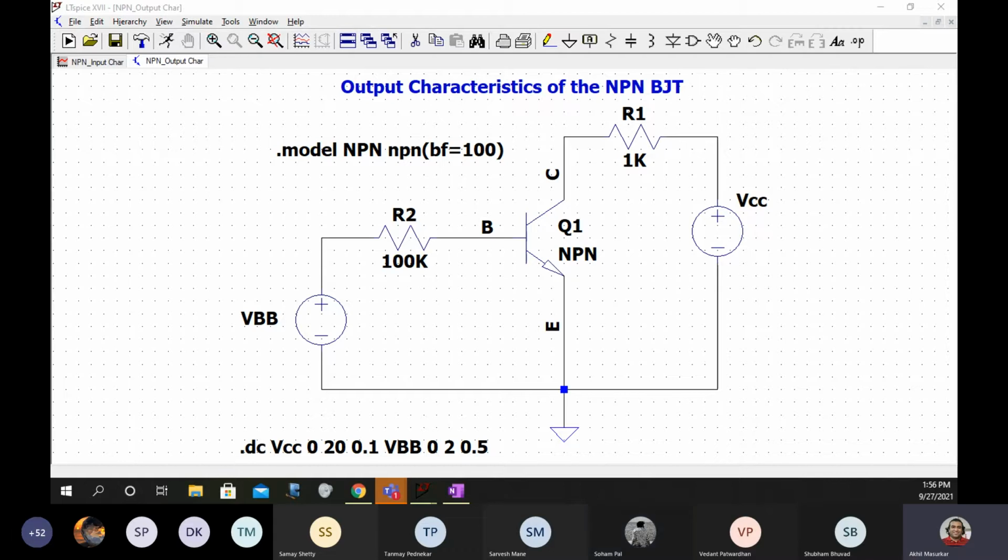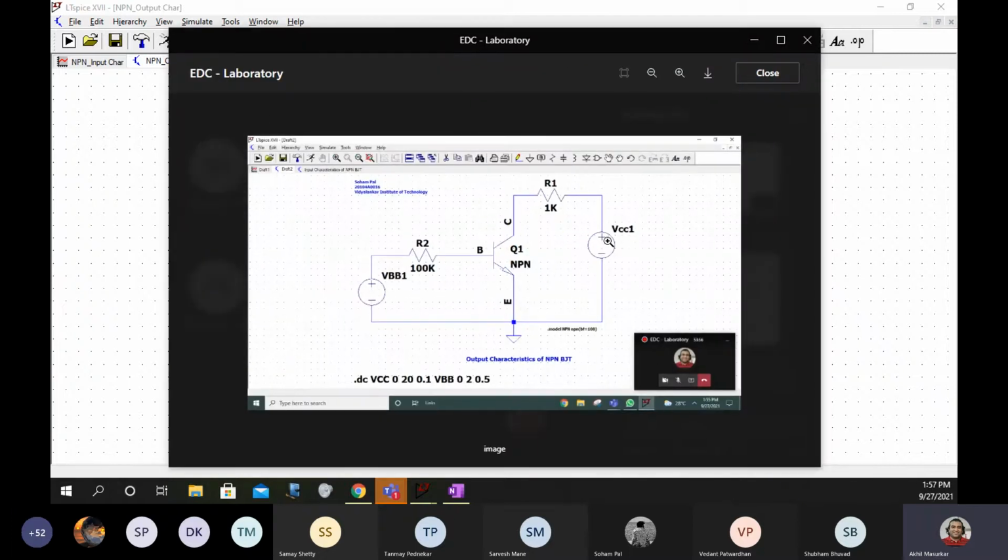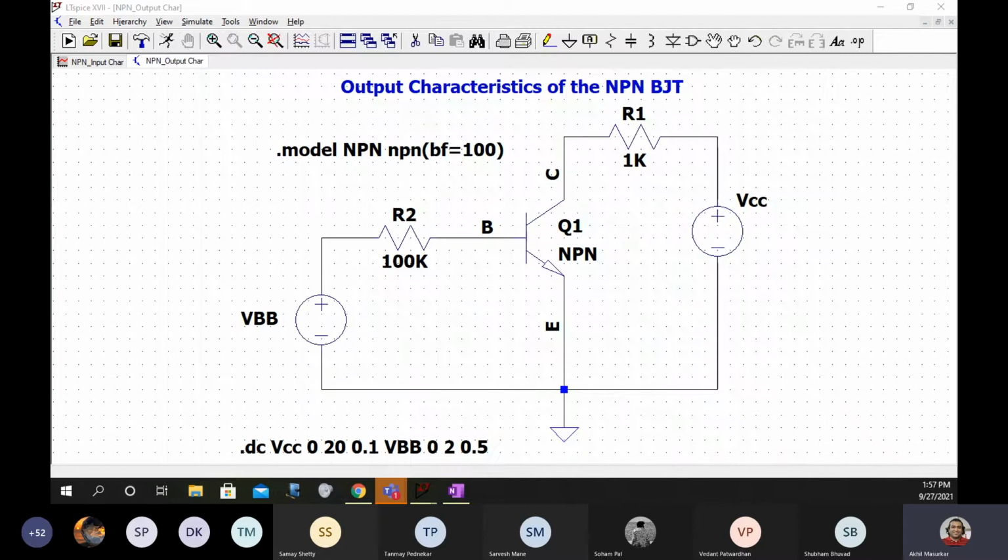So you just change it to VCC, and this VCC and this VCC should match. Whatever you write here, even if you write Soham instead of VBB, at both places the name should be same. Okay, sir. So just take care of that.